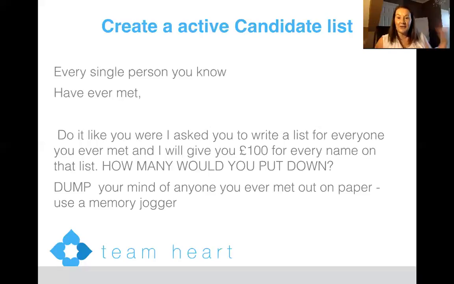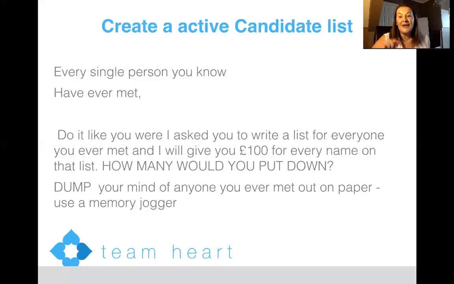And there are things that you can use to jog your memory. There's actually a great memory jogger by Eric Worre, which you can get hold of. And I would definitely suggest using that. It's really great. But initially, you won't need other things because you're going to have at least 30 to 50 without even raising your head that you can write names of, right? And so I want you to write down your list of names without any attachment to what we're going to do with it, as a memory exercise to write a list of everybody that you have ever met in your life. Write it like I'm giving you £100 for every single name you write down.